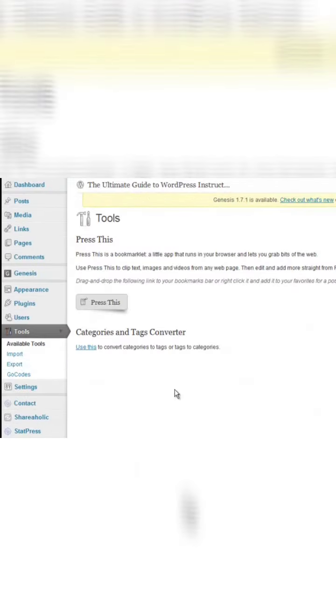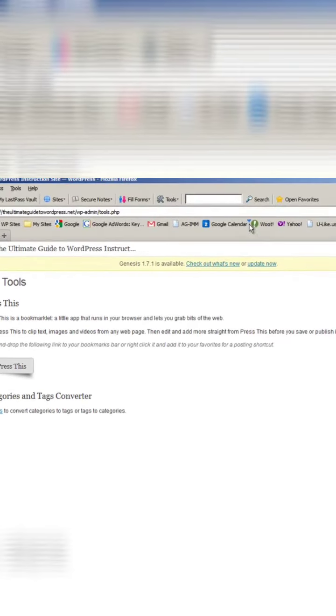Okay, so the next thing we want to talk about is tools. And there aren't a lot of tools here in WordPress, but they are pretty powerful. So one of the tools that's really cool is this Press This bookmarklet. You can drag that up into your bookmarks, and if you go to another page like, I don't know,